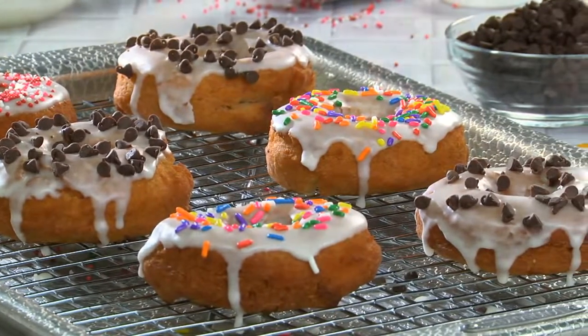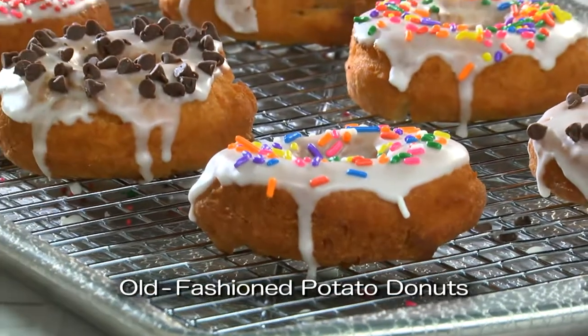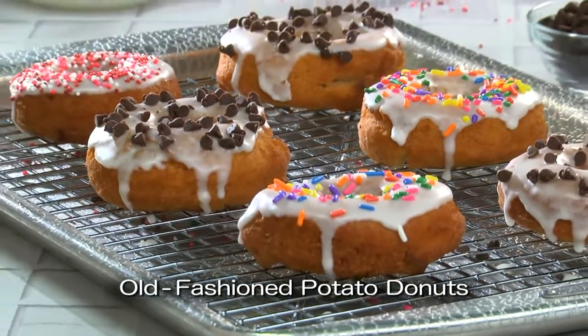to sprinkles. To get the recipe for our old-fashioned potato donuts, like the ones I got in Maine, simply visit